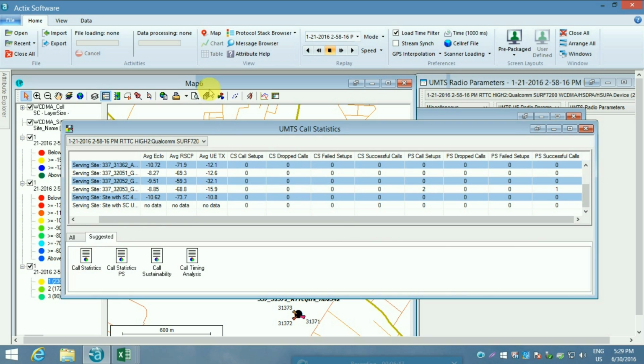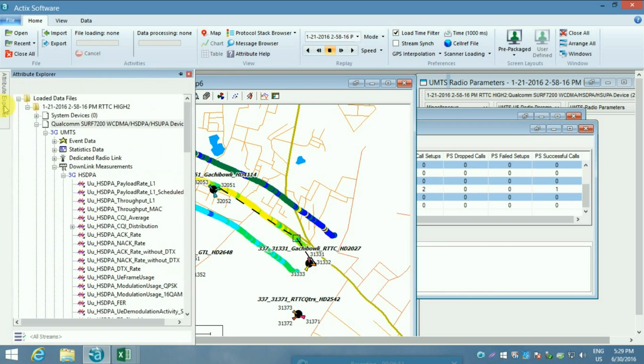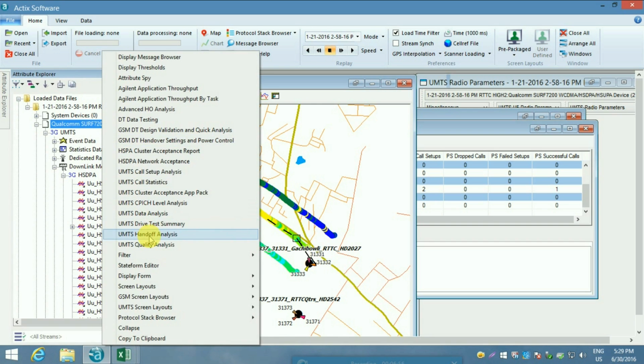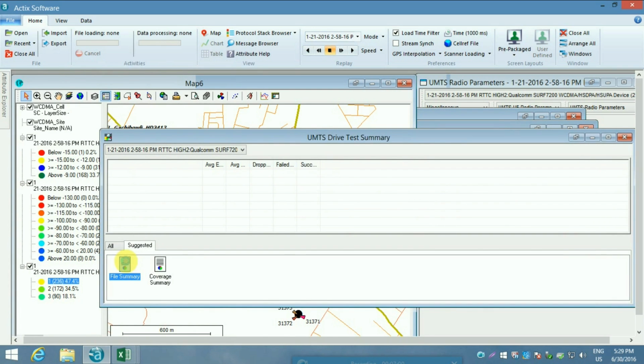The next KPI that is to be checked is UMTS drive test summary. UMTS drive test summary provides information about the site and about the drive test, like when the drive test was conducted, the place, the time, the distance covered, and the speed with which the mobile station was moved during the drive test.